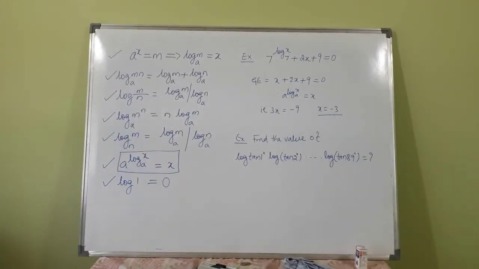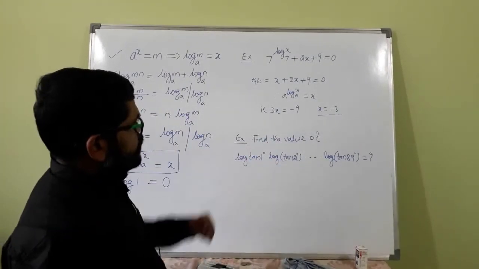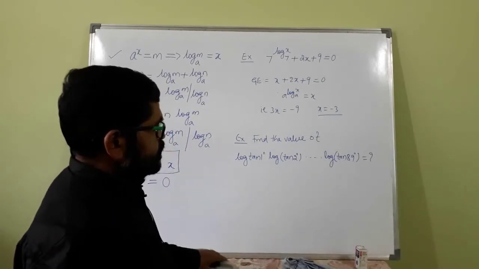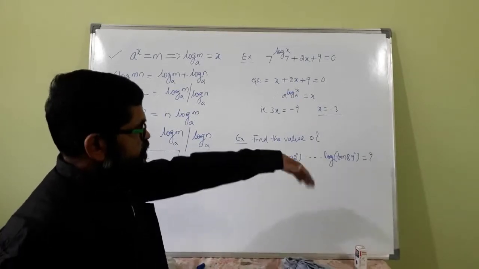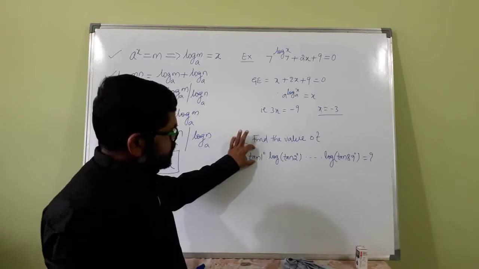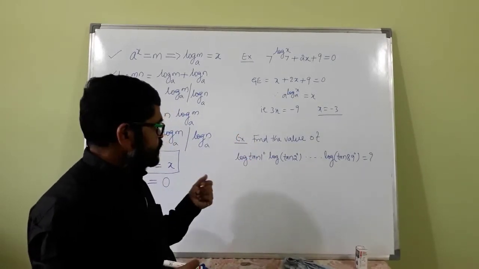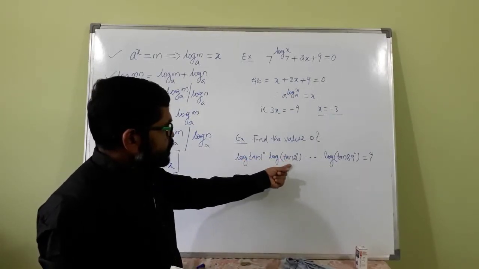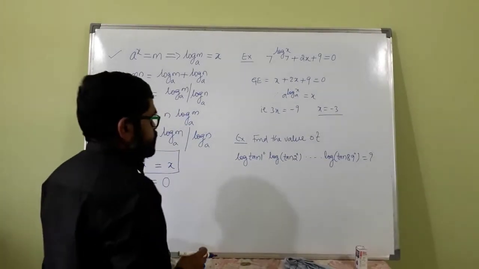Okay, now find the value of the product tan 1 degree, tan 2 degree, up to tan 89 degree. In trigonometry, let us discuss in the next classes. See, tan is a trigonometric function. Some of you might have studied this, sin, cos, tan. Okay, tan 1 degree, tan 2 degree, up to tan 89 degree.